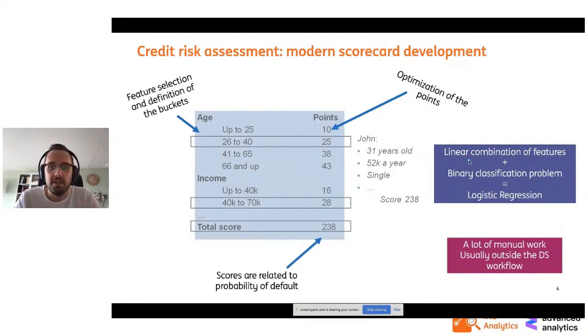And linear combinations and binary classification usually call for a logistic regression. However, these tricks to define these buckets and how you assign these points, you will see actually that they make a simple logistic regression model way, way more powerful, and that's also what Scorecard includes. However, in a traditional process, developing this is a lot of manual work and usually lies outside the